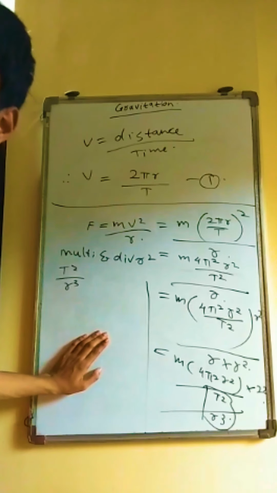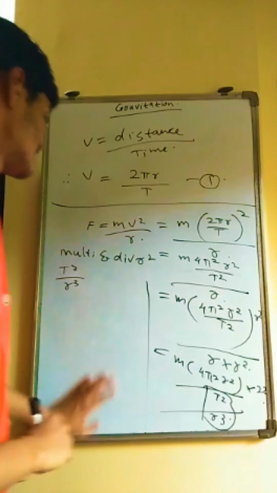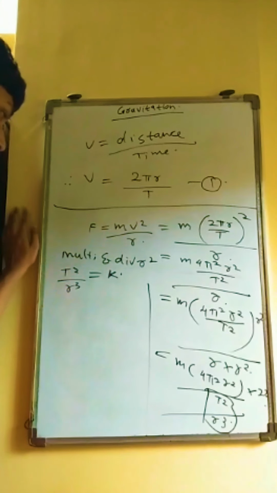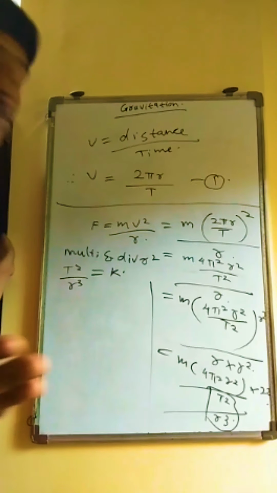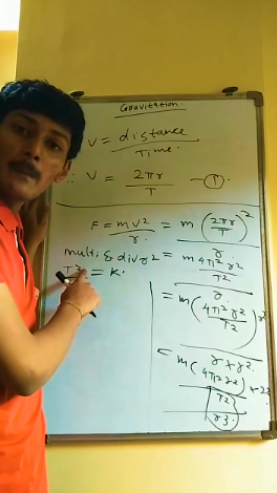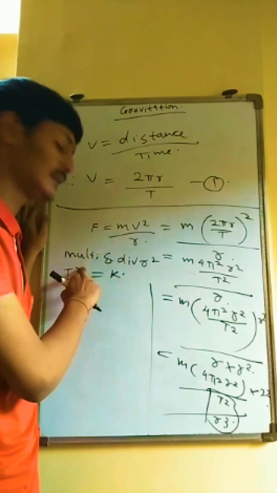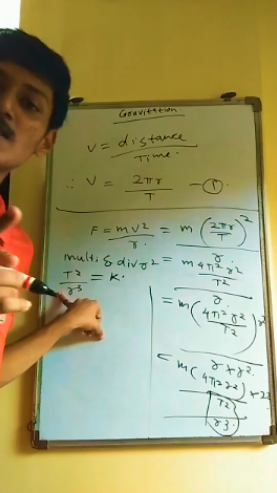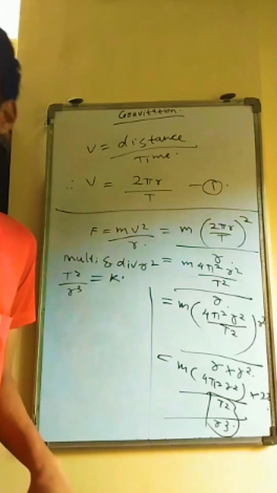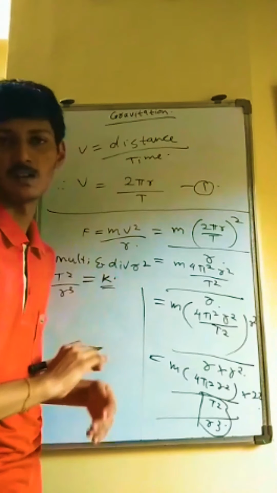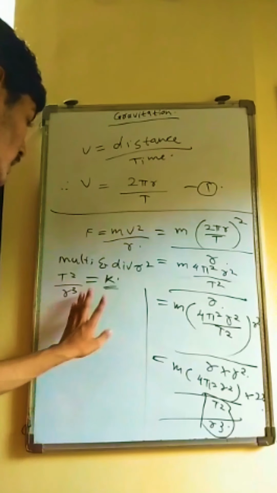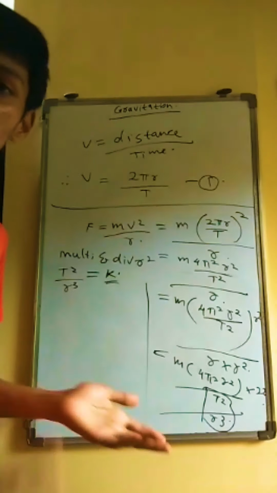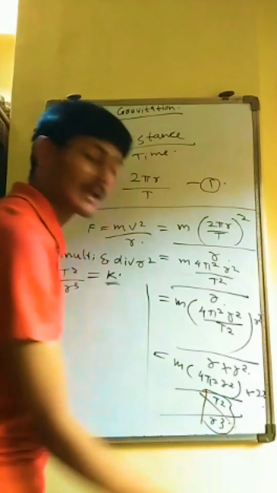Does this remind us of some equation which we have seen before? Yes, Kepler's third law. According to Kepler's third law, the square of the time period taken by a planet to revolve around the Sun is directly proportional to the cube of the distance between the Sun and the planet. So removing the proportionality symbol, we give a proportionality constant. So according to that, this part T square upon r cube will become a constant. So this part will be cancelled out.